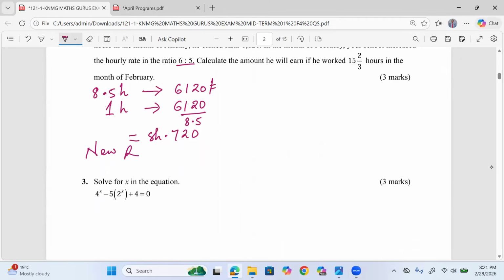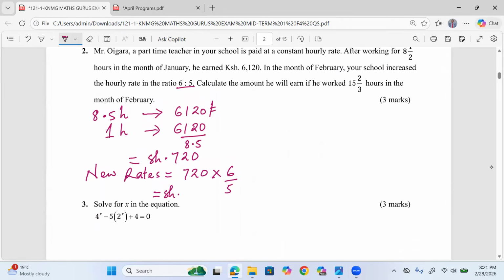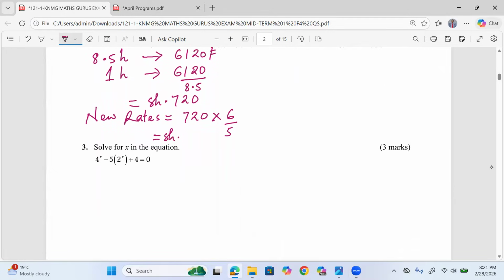The new rate for Mr. Ogara is going to be the original multiplied by the increasing ratio, 6/5. You know what it means? When it is an increasing ratio, you make the ratio a fraction, but in such a way that the bigger proportion is the numerator because we are increasing. So by 6/5, this takes us to 864